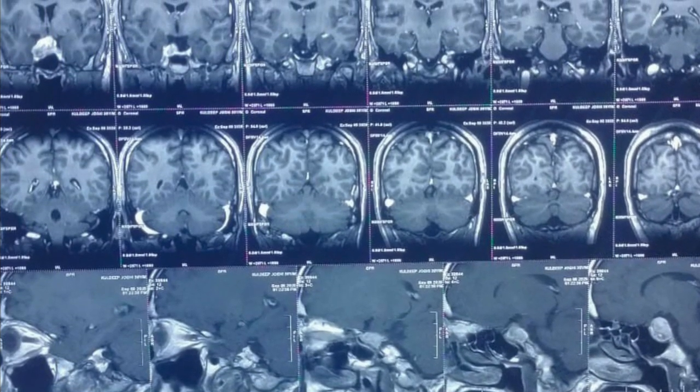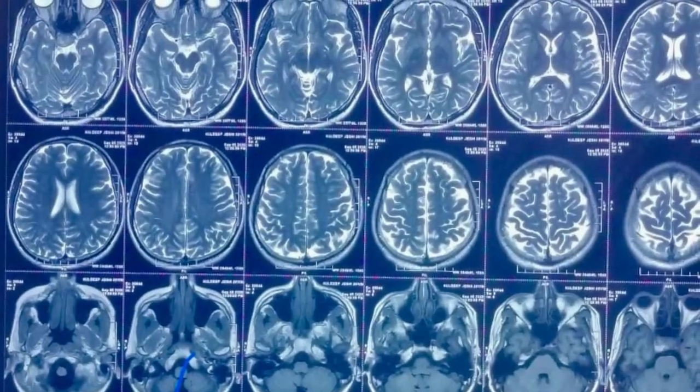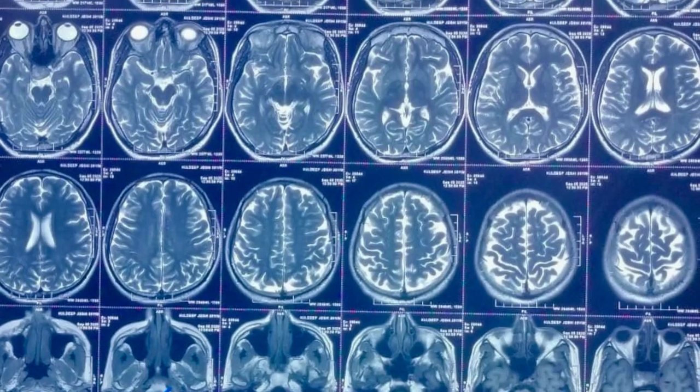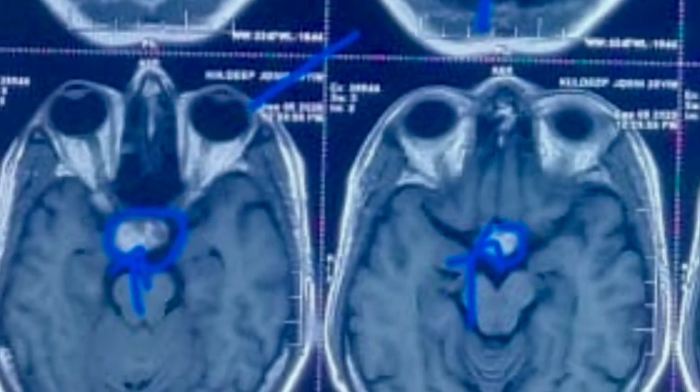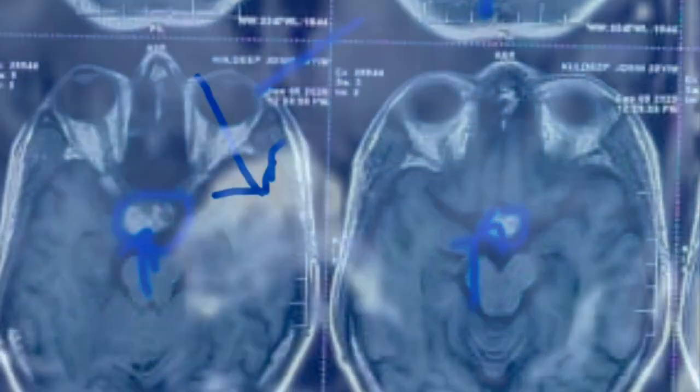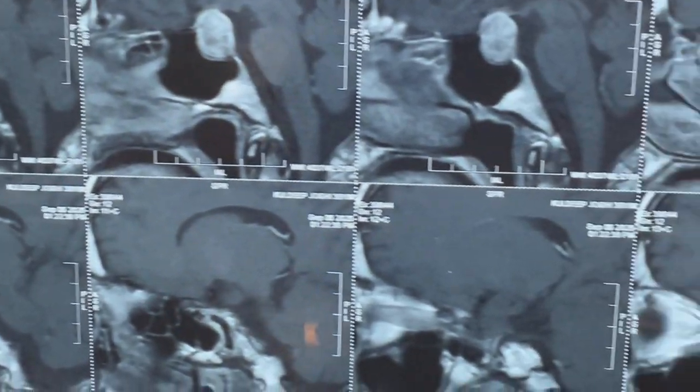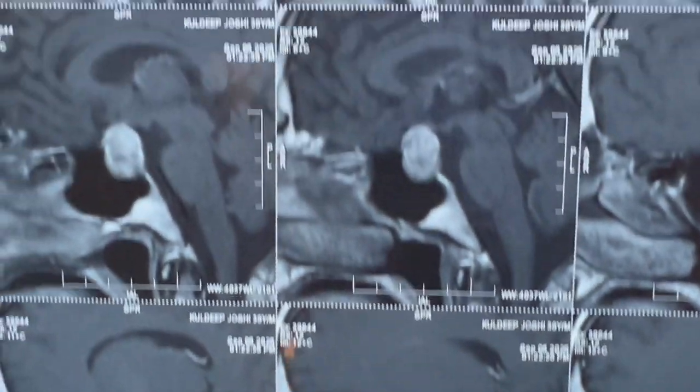There is heterogeneous signal intensity with an area of hemorrhage on the right superior part of the pituitary region. There is compression of the optic chiasm and extension of this tumor into the right cavernous sinus. On T1 MRI, the lesion shows hyperintensity in the pituitary area. It is suggestive of pituitary hemorrhage, which is called pituitary apoplexy.